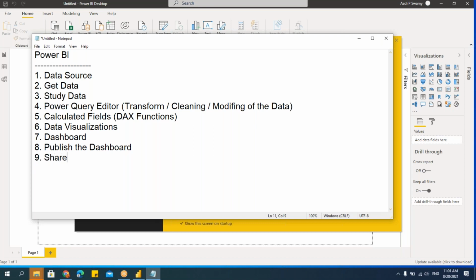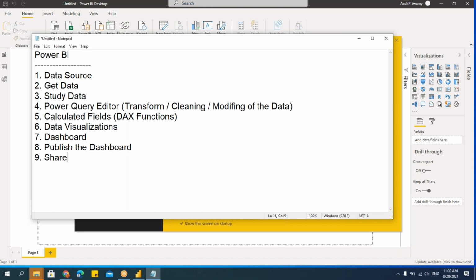After this, sharing of the reports. Okay, that is, I'll be sending the client a link where you can open the reports. So if you follow these steps, the entire Power BI what you're learning will become very easy. Just these steps. These are the steps not only for Power BI. If you are working on MicroStrategy, QlikView, QlikSense, or Tableau, some technology, some options might change, but the steps are the same. So this is a generic set of steps I've given.